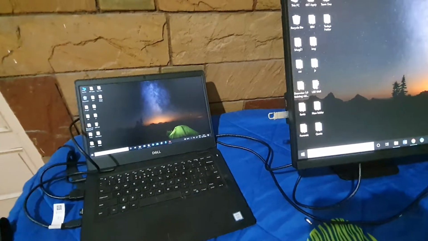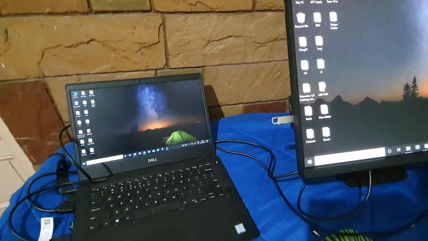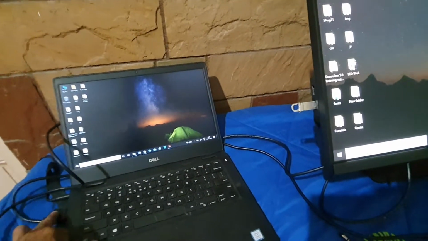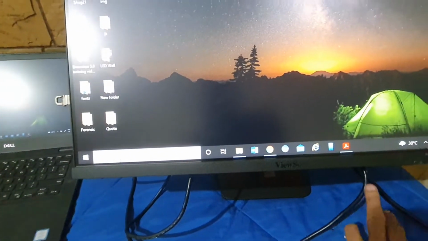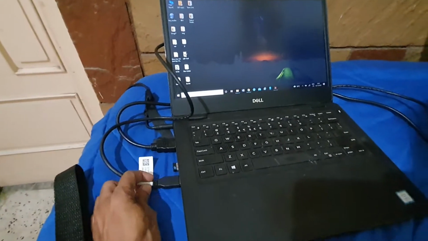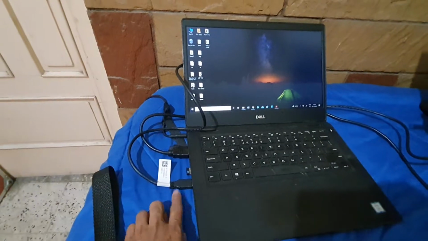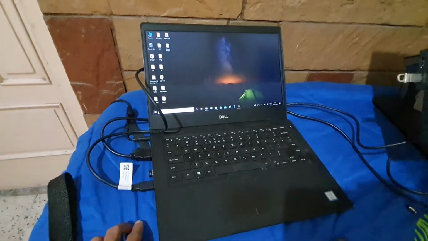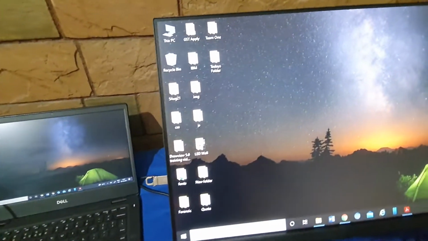As far as the connectivity part between the laptop and the touch monitor, as I said, it could be your CPU, your compact CPU, or an Android-based media player, but the connectivity would be an HDMI port. Here is the HDMI 1 connectivity, and here is also the HDMI interface, and the second cable is USB. This one side is a USB, another side is a touch interface. So to enable the touch, both should be connected simultaneously with the touch monitor, then only touch works.